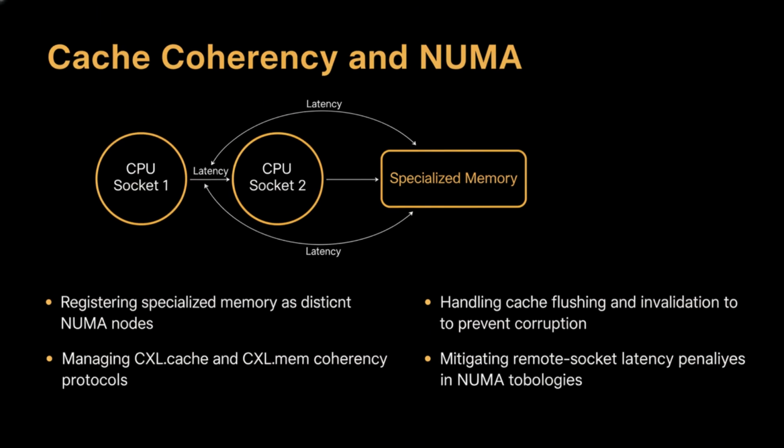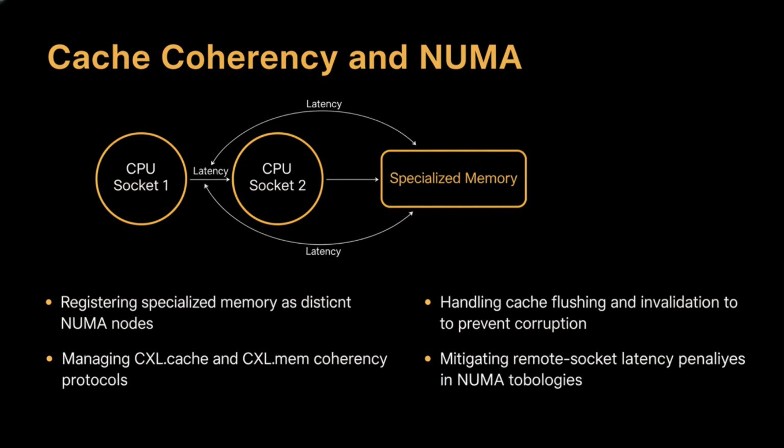Specialized memory introduces complex cache coherency challenges. When the CPU and an external accelerator both access the same memory region, we must ensure they see the same data. The kernel must be aware of the memory's location in the non-uniform memory access (NUMA) topology. If the specialized memory is attached to a specific socket, accessing it from a remote socket introduces significant latency penalties. Our driver should register the memory as a separate NUMA node, allowing the scheduler and memory allocator to make informed